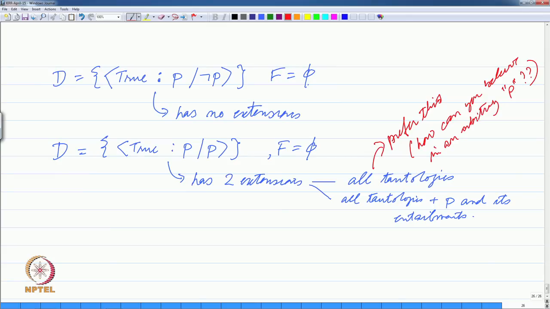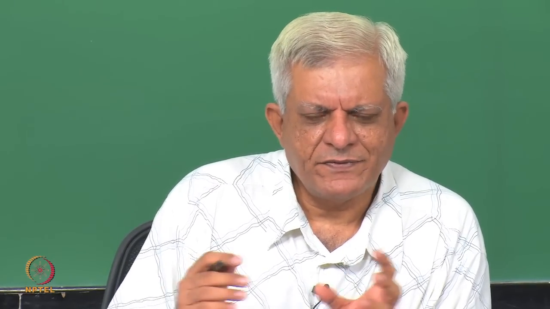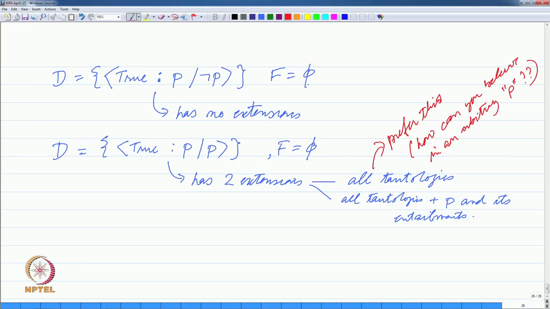So, there are ways in which people try to do this. One way is to say that always choose the minimal extensions in some sense essentially, or always if one extension is a subset of another extension, then choose the one which is a subset of the extension, that is a minimal extension, right. There is another definition which was given by Reiter,